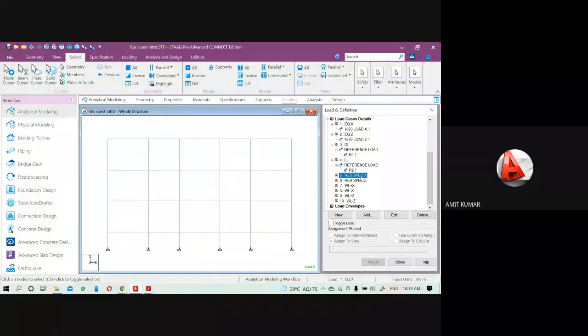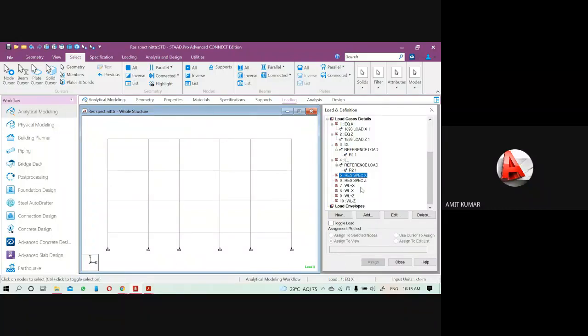But most of the time for reinforced concrete, the SRSS method is preferred, and sometimes it depends upon the mode shape values also. If the modes are very closely spaced, then you have to use the CQC method. This software will suggest when to use the SRSS or CQC method. So let's see where we will get these options.